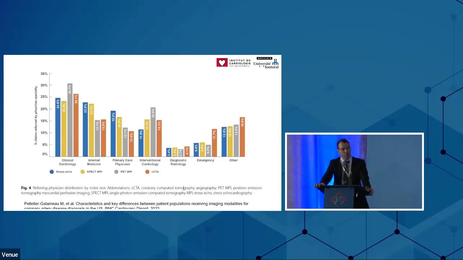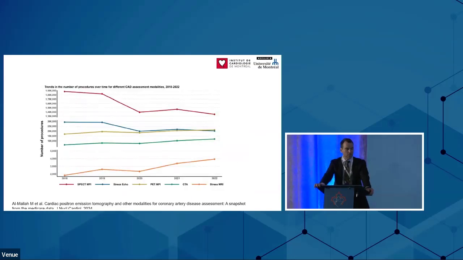They want to move fast. So this is why CCTAs are very appreciated by emergency doctors. If we looked at the trends in terms of numbers, yes, the number of SPECT perfusion studies has decreased in the last 10 years. Yes, the number of CCTA has increased, but